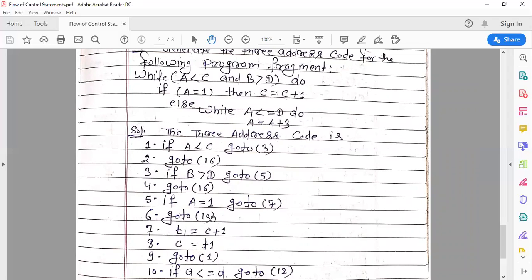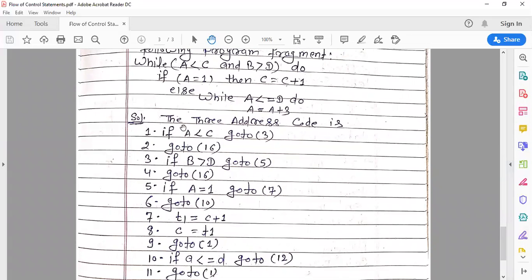And you can see here, after executing this statement, your control goes to go to 1.